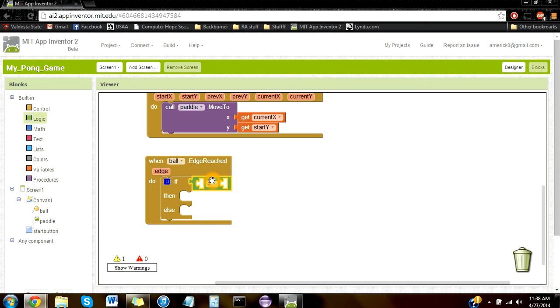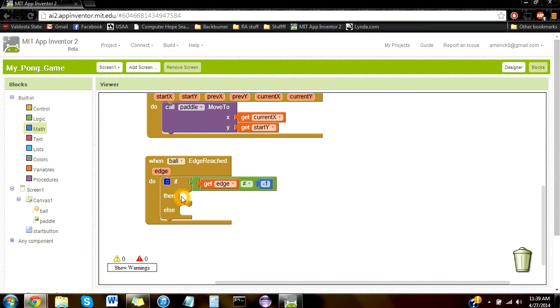And so we want to check if the ball's edge that it's reached, if this is the edge that the ball made, if that equals a number which is -1, that means